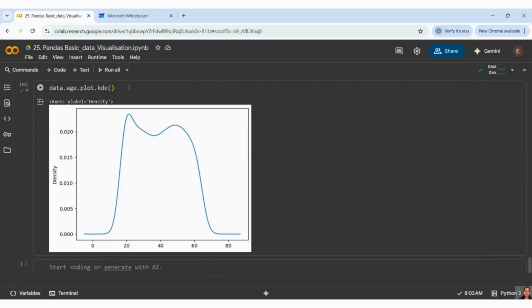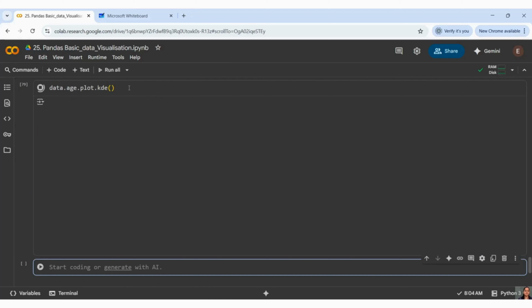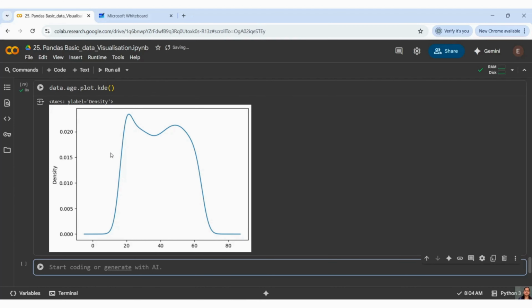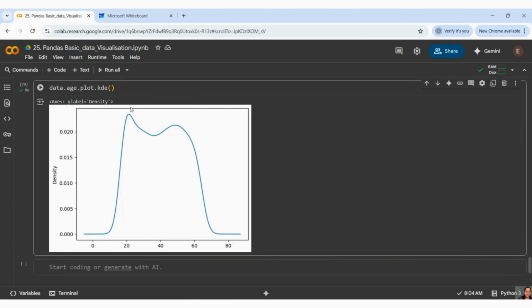Similarly, we have something called KDE plot, guys. So this is how we can draw a KDE plot. KDE, kernel density plot, is very helpful to know which has the maximum density. So from this plot, I am able to know that the maximum data point present in my data set is at almost 20, right? You can see 20 or 23, it is coming in this particular area, correct?